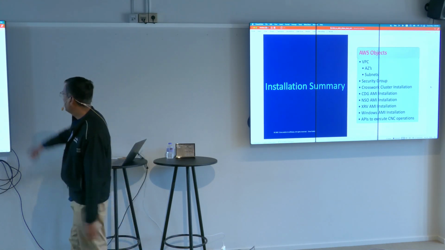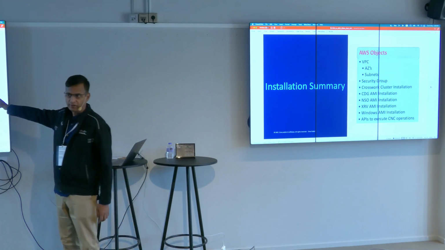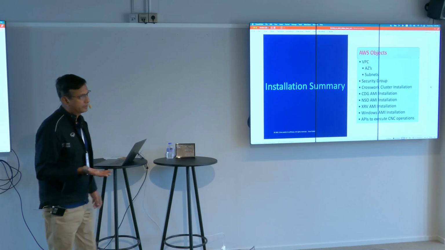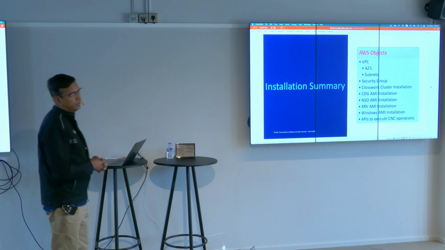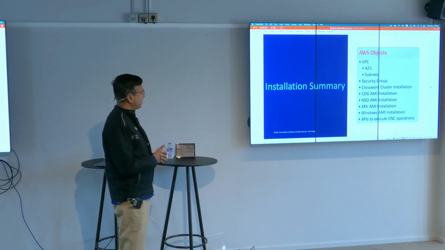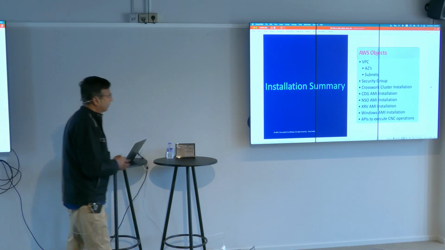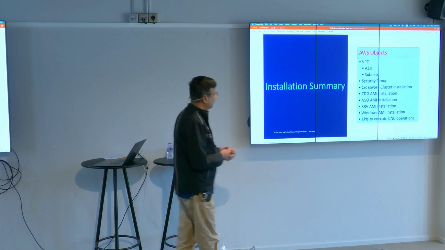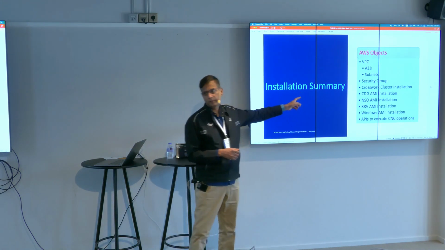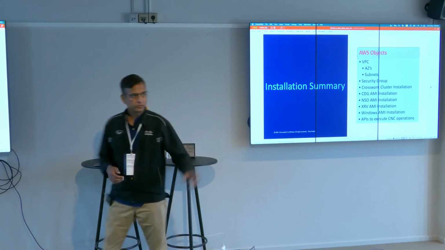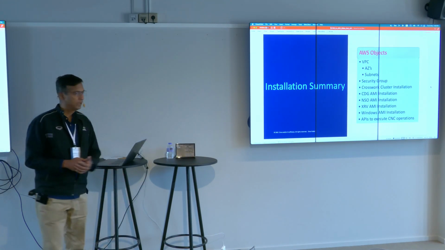So the first image we install is the Crosswork cluster. So that is a Kubernetes cluster. You need a minimum of 3 VMs. It can be more. So this script will bring up that cluster and then wait for the others to come up. So you have CDG coming up as a separate installation, Crosswork Data Gateway, and then you have NSO coming in a different setup,